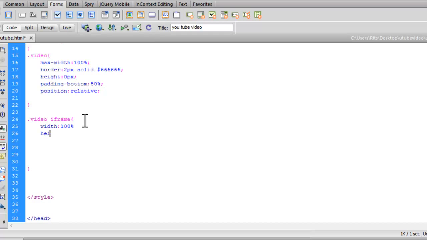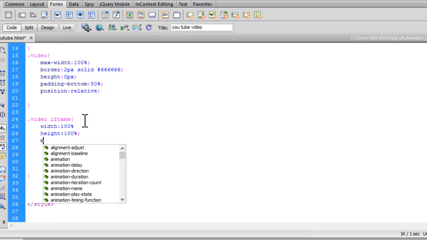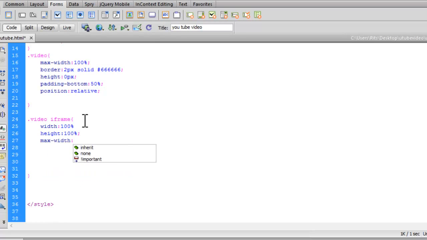Height, again I want 100%. Max width, 100% again.